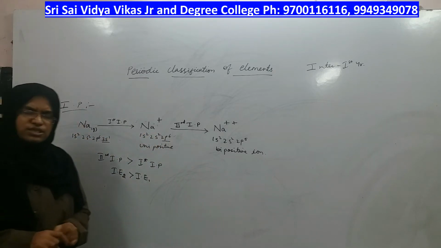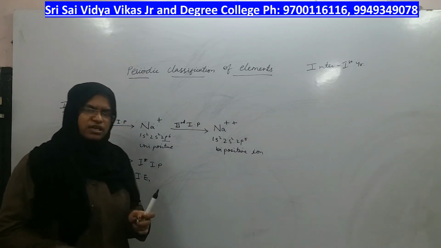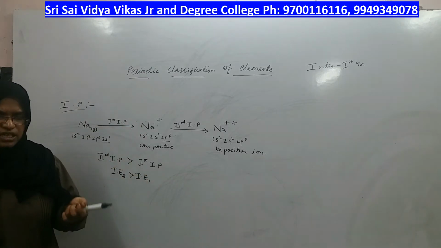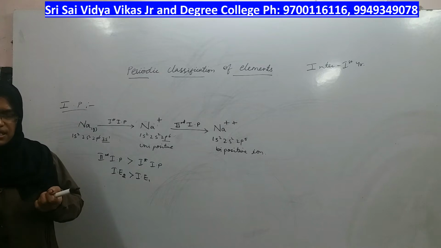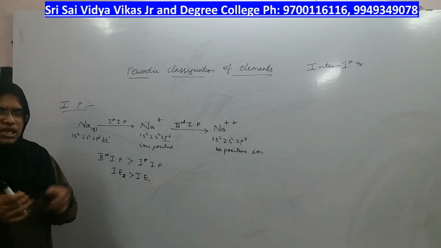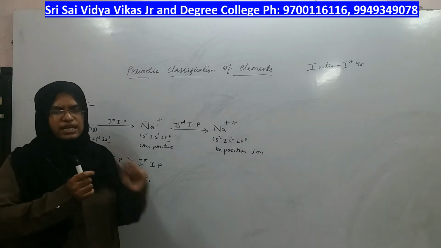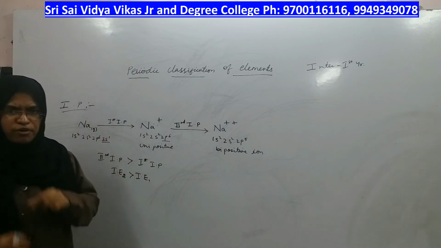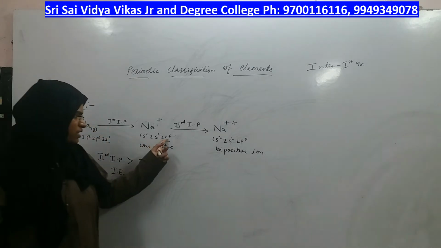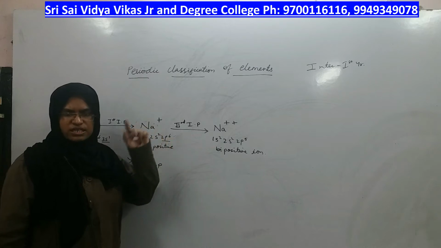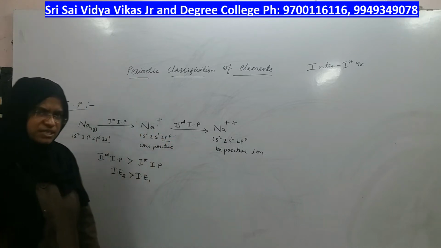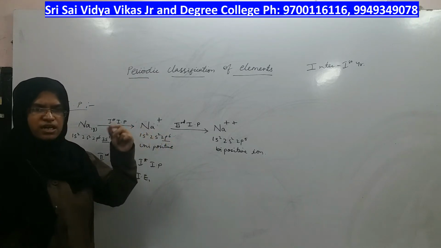If the nucleus is showing more charge on the second shell, the electrons present in the second shell will also be tightly attracted to the nucleus, and it is difficult to remove those electrons, right. On top of that, the electrons are already present in the second shell, so it is difficult to remove them, plus one more reason